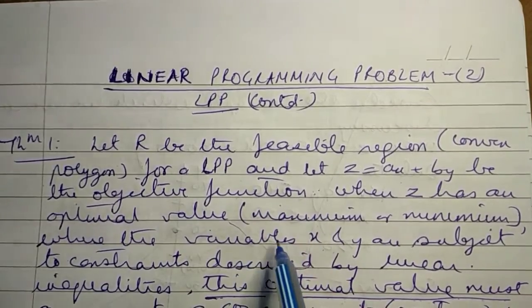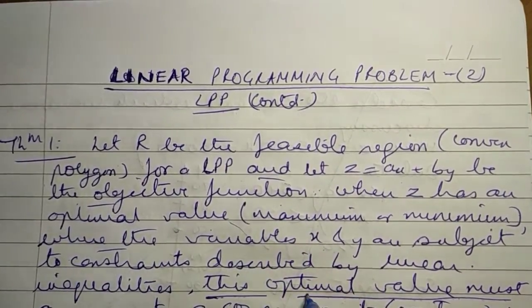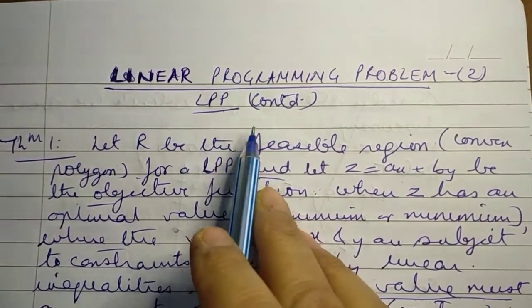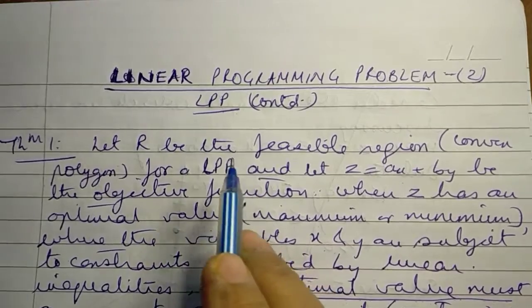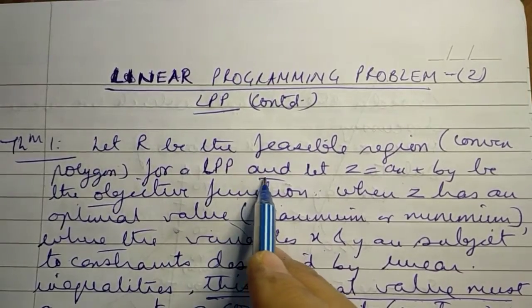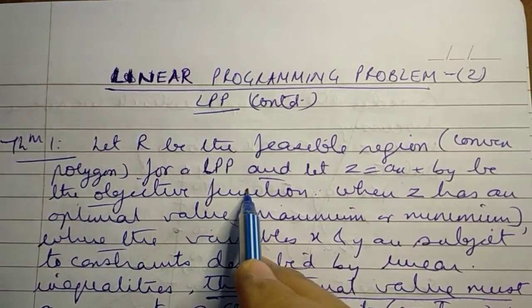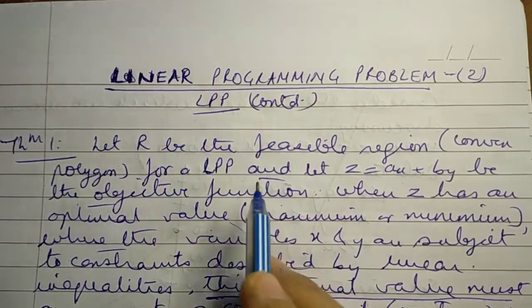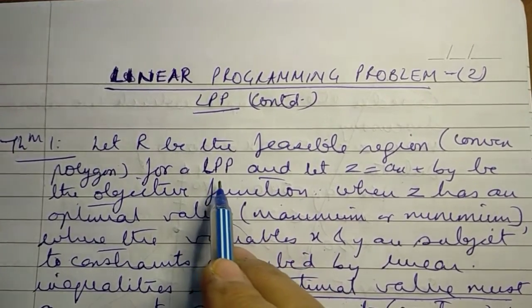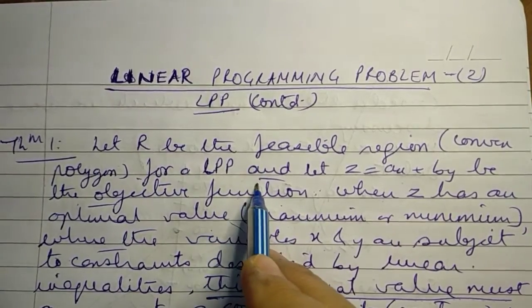and is such that every point within and on the boundary of this feasible region is a feasible solution. That is, it satisfies all the given constraints. But this poses a very practical problem, that is, the solution area consists of infinitely many points. So how do we check the value of the objective function at infinitely many points?